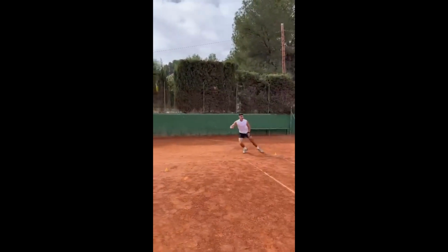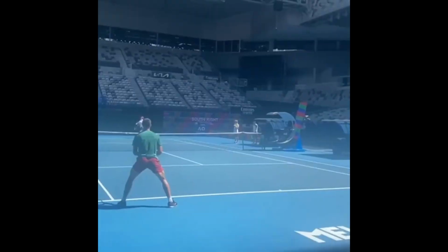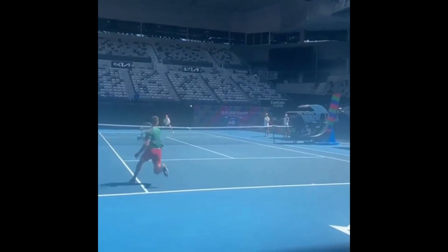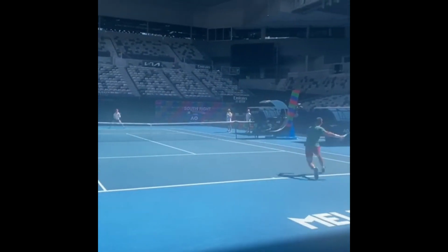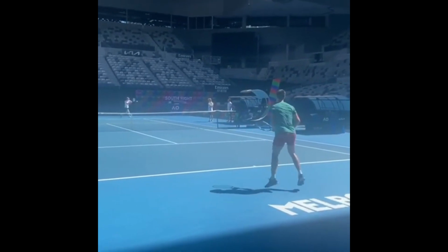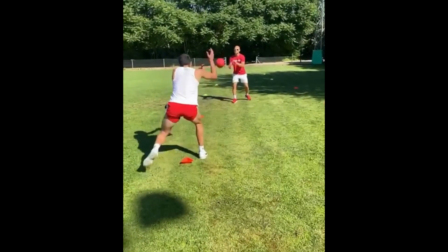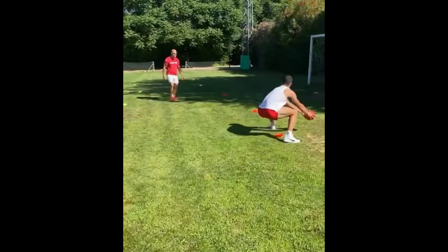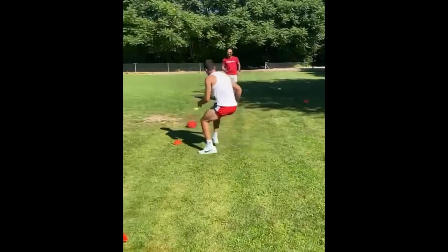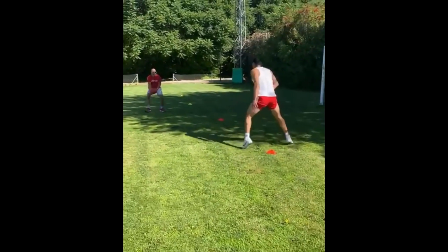His training emphasizes fluid, efficient court movement, allowing him to cover every inch of the court with ease. This ability to move quickly and smoothly in any direction is crucial in tennis, where the ball can come at you from any angle. Effective court coverage is about more than just getting to the ball. It's about getting there in a way that allows you to maintain balance and control. Alcaraz's agility